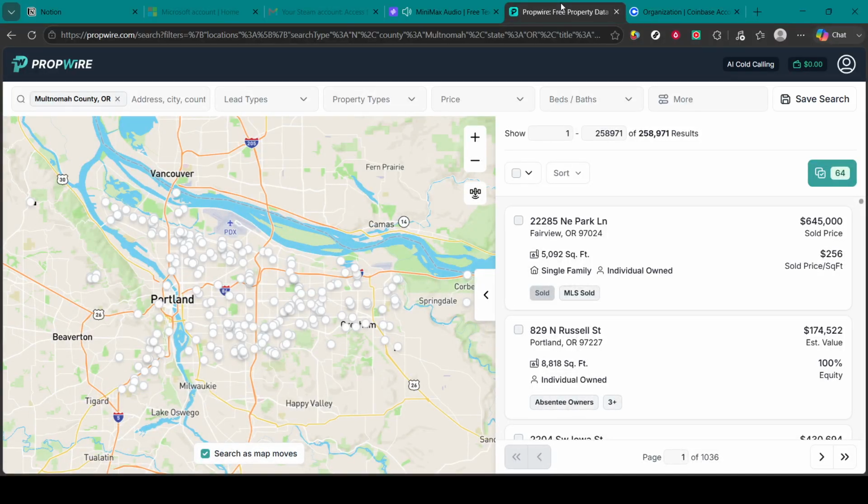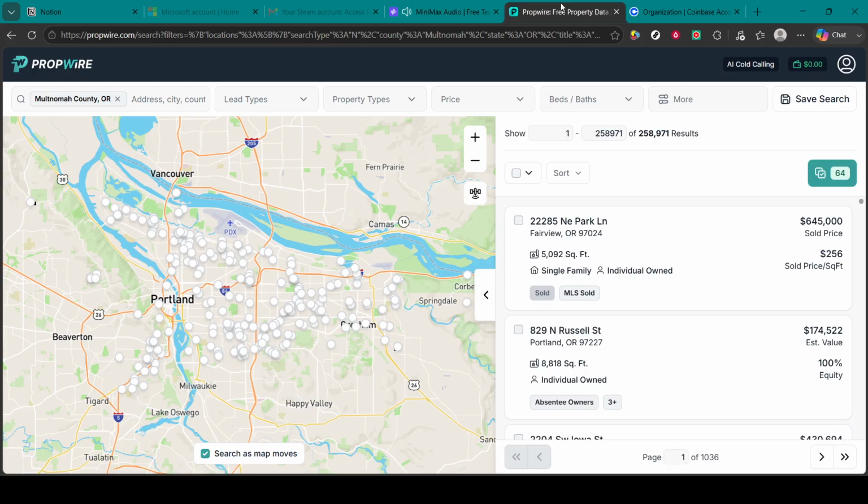In this video, I'll guide you through how to skip trace properties in PropWire. If you're trying to contact property owners for wholesaling, investing, or other real estate marketing strategies, skip tracing can help you find additional contact information associated with a property. PropWire lets you handle this process directly from your account, and in this guide, I'll show you how it works